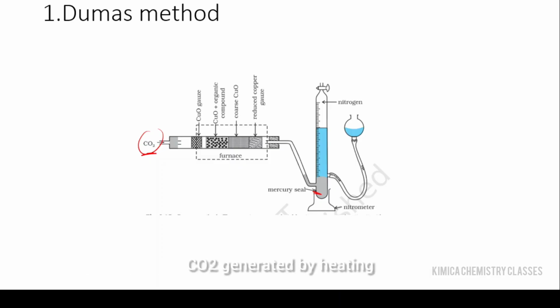CO2 generated by heating MgCO3 is dried by passing through a solution, then passed through the combustion tube to displace the air present in the tube. The combustion tube is then heated in the furnace, and this is the furnace. When the combustion is complete, a rapid stream of CO2 is passed through the tube to sweep away the last